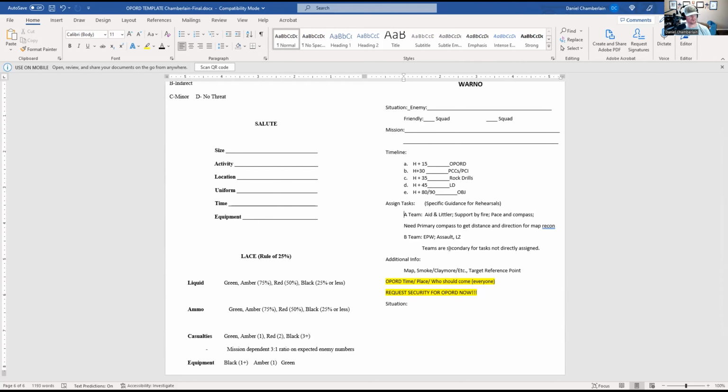So additional info, you want to tell them what extra stuff you got from your grader or from the reader of the op order. Did they give you a copy of a map? So we always tell people ask for like UAV surveillance, ask for satellite imaging, ask for anything you want, okay? All they can say is no. At some point, you're wasting your time. You're asking a whole bunch of questions that is just eating up your op order time or time until your op order. But sometimes it's nice, right?